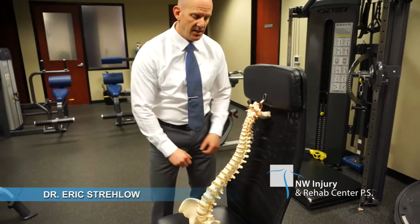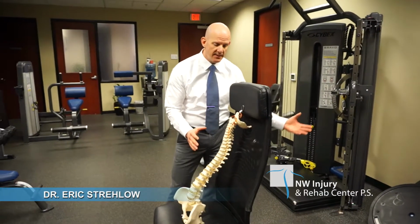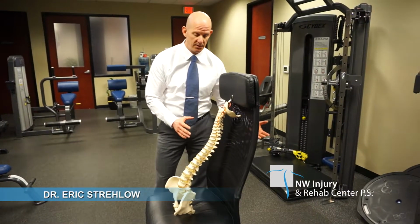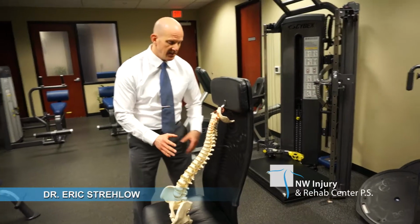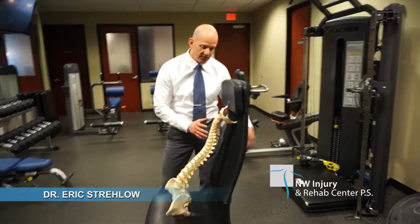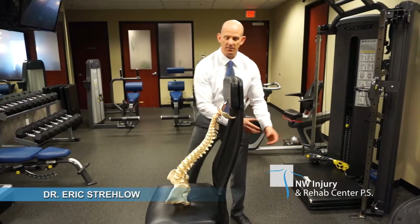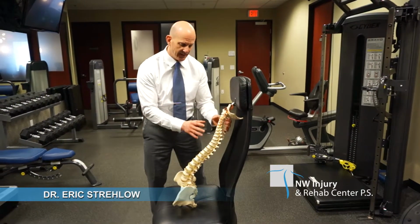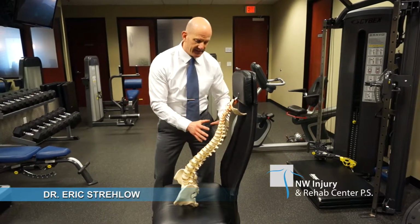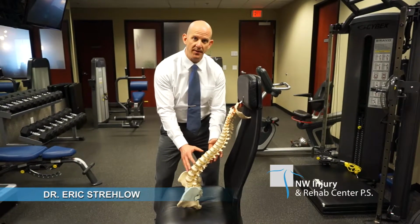is a car seat, this is the driver, this is the target vehicle, and the bullet vehicle hits this car from behind, bumper to bumper. Again, low speed collision. But basically the force and the energy from that collision is transferred right into the occupant as opposed to the crumpling of the vehicle. And so that force and that energy is transferred into the occupant, and the seat and the car basically is propelled forward out from underneath the occupant, and